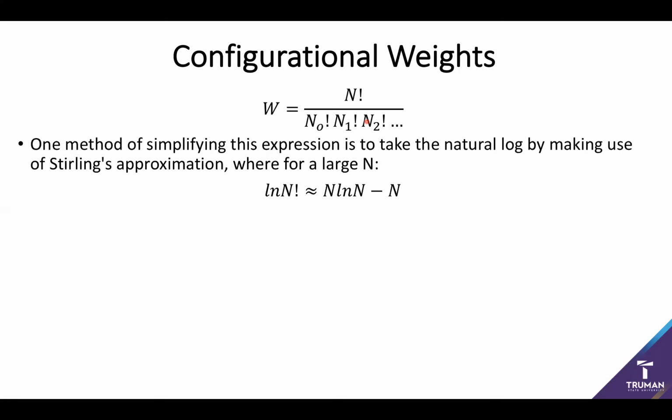So this actually makes use of a well-known mathematical approximation called Stirling's approximation, which is a critical foundation for statistical mechanics. And it's based on this simple idea that the natural log of the factorial of a number is going to be the same as n times the natural log of that number minus that number. So the proof of this essentially makes use of several power expansions and canceling terms, but for now you can try and take me at my word.